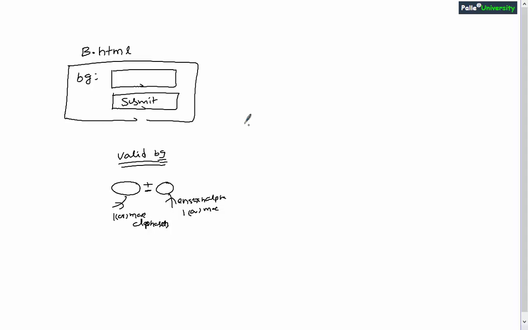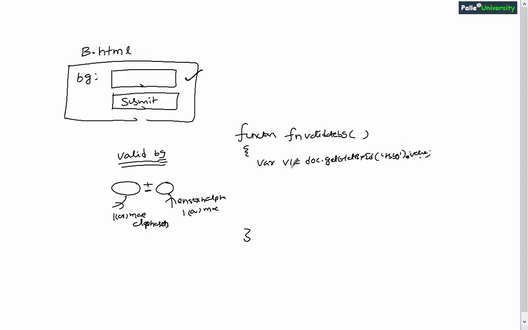Very simple. First we need to write a JavaScript function, maybe with the name function fnValidateBG parenthesis. First we need to read the bg text box data, maybe var v1 equals document dot getElementById of maybe tbbg. You assume the text box id as tbbg. Even if you want, you can directly write dot value so that the value of the text box will come into v1.